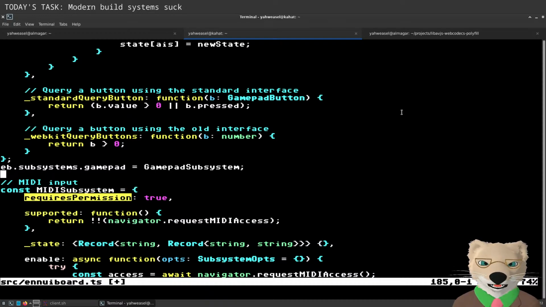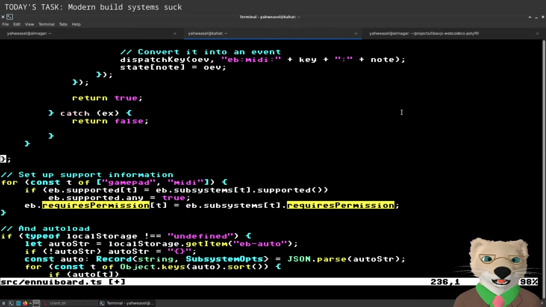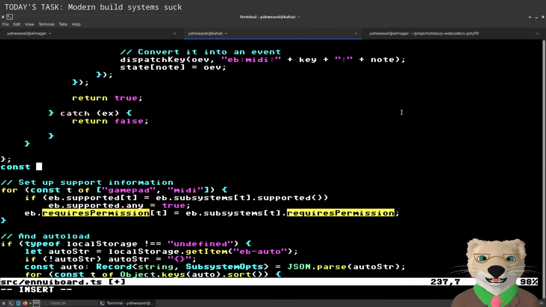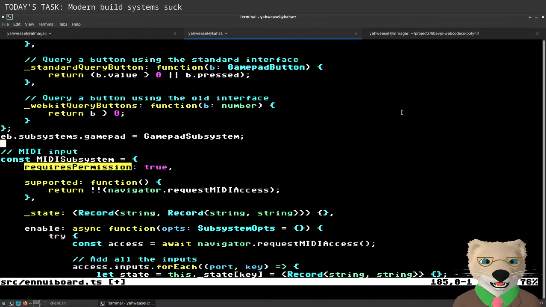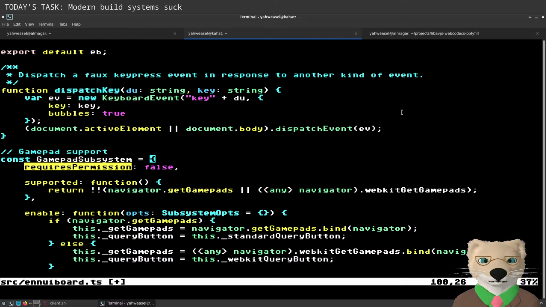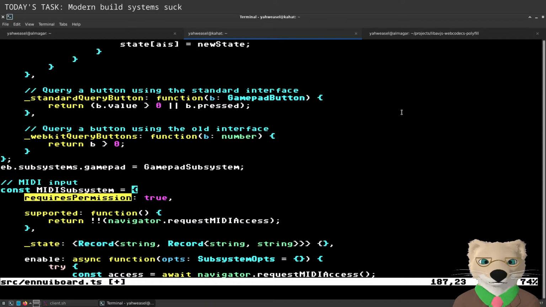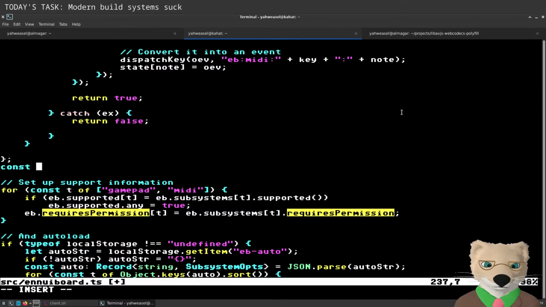So what's happening here is it's trying to sort of shoehorn this object literal into the subsystem type, but I actually want the object literal to be allowed to be a subtype, and I don't quite know how to tell it that it's allowed to be a subtype. So instead, I'm just forcing it not to shoehorn it.